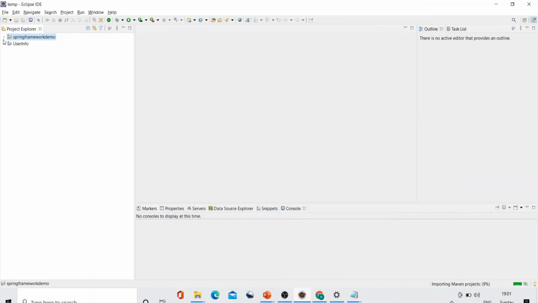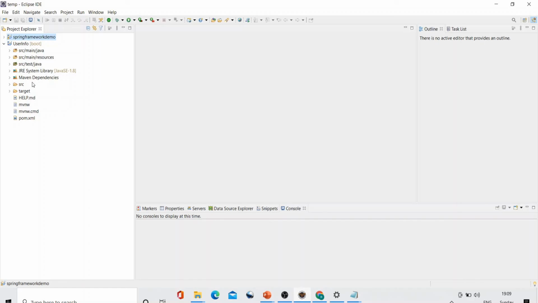So if you see here, the project is added here and it started downloading the dependencies that you have selected, right? If you see here, the folder structure is getting started, right? So it's building. It will take some time to download if you are importing for the first time, right? So let it download. So the things have got downloaded. If you see, the folder structure has got created, right? So the download is complete.